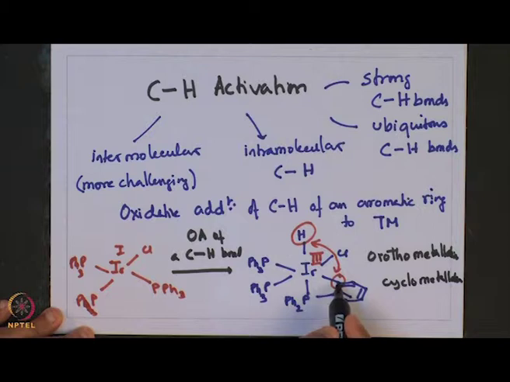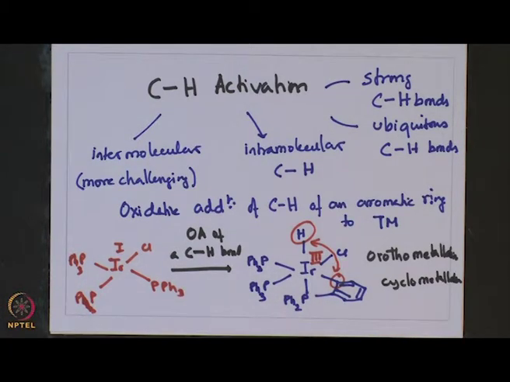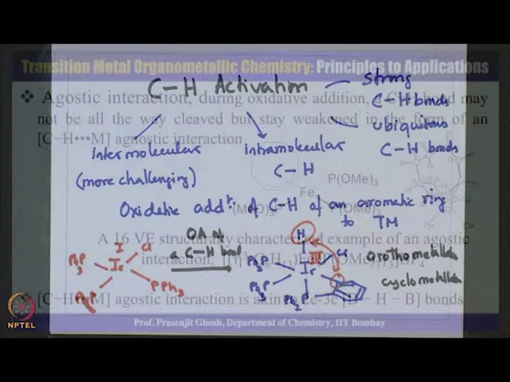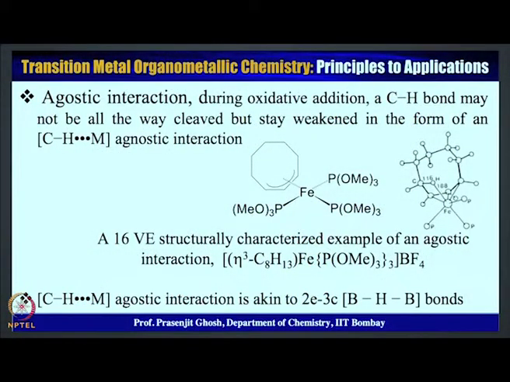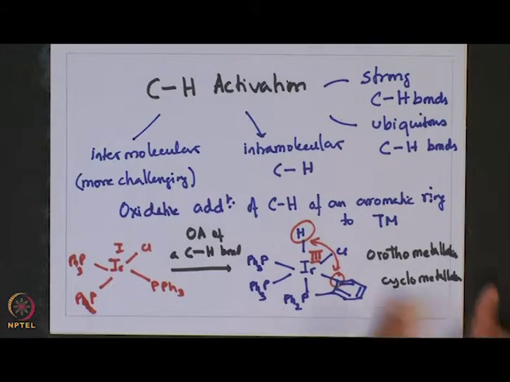Orthometallation because the CH bond ortho to the aryl ring gets activated and makes a metal carbon bond, and cyclometallation because a cyclic ring structure is formed that contains the metal carbon bond as a part of the cyclic ring. So, one has to then look at the mechanism by which this CH activation proceeds,